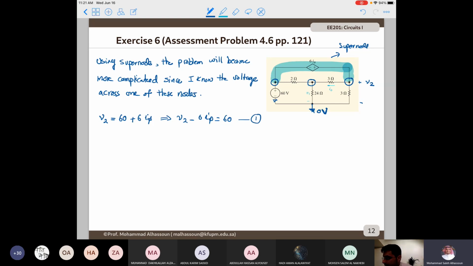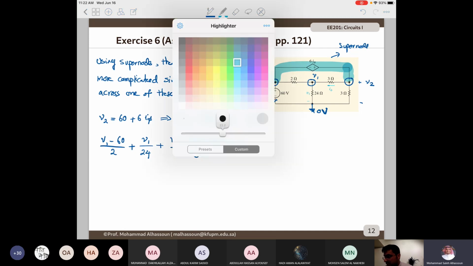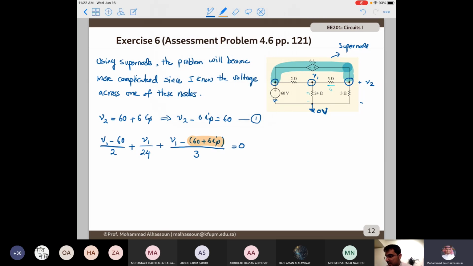Now I need to apply the node voltage method here at V1. This one is straightforward: V1 minus 60, this is not a supernode, this is just a standard node, divided by 2 plus V1 divided by 24 plus V1 minus 60 plus 6 IV divided by 3 equals 0. What is this one? Let me write it here, this is V2 from this definition. So V1 minus V2 divided by